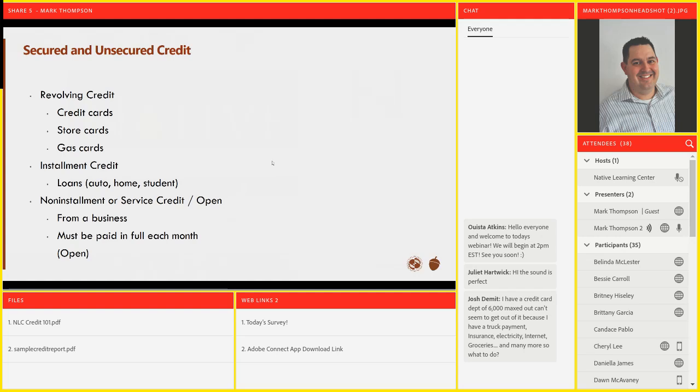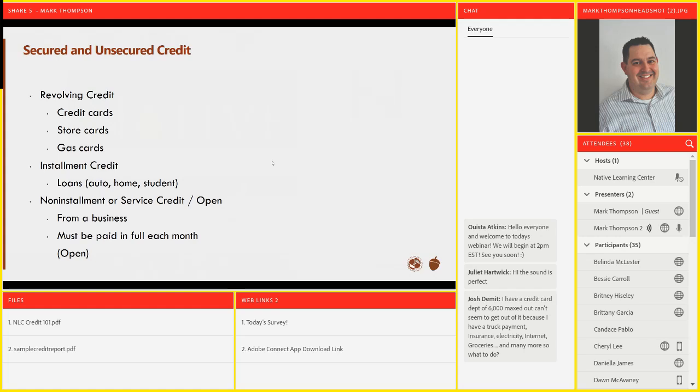What I mean by that is, if you had a credit card with a $1,000 limit and you use $500, at the end of the month you only have a $500 balance left, right? You can only charge $500. If you were to pay your bill, let's say you paid $250, well, the next month, how much can you charge? You now have $750, right? That $250 has replenished back to your credit card. It's revolved. So that's what revolving credit is. And generally, that's what credit cards are. As you pay them off, that credit comes back to the card.